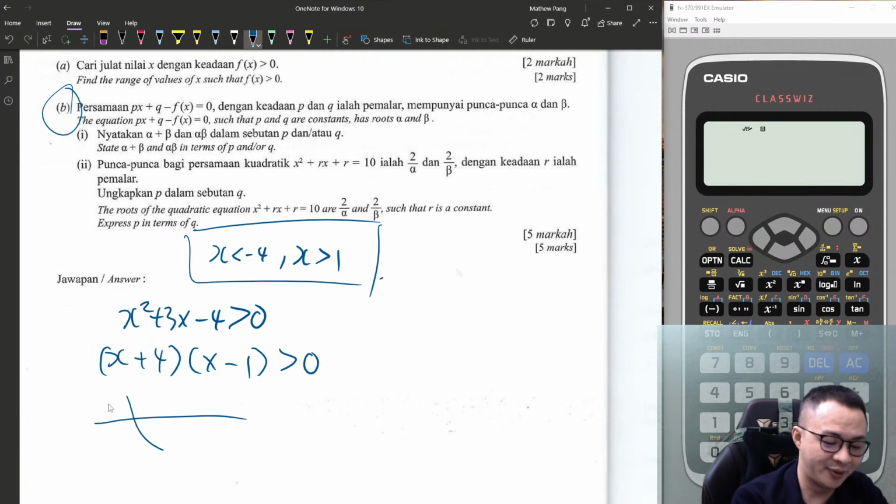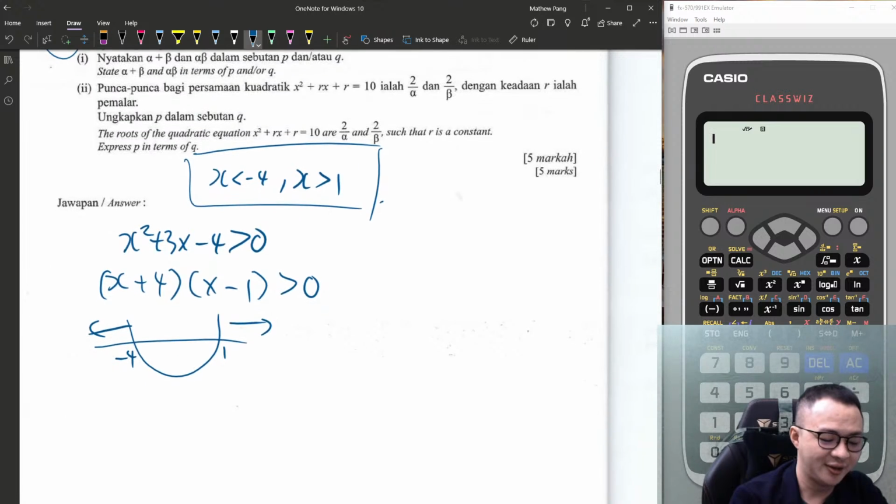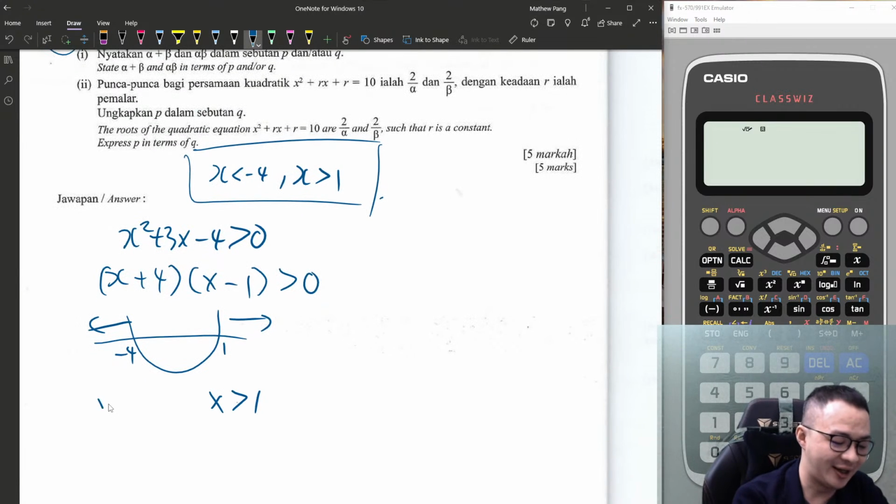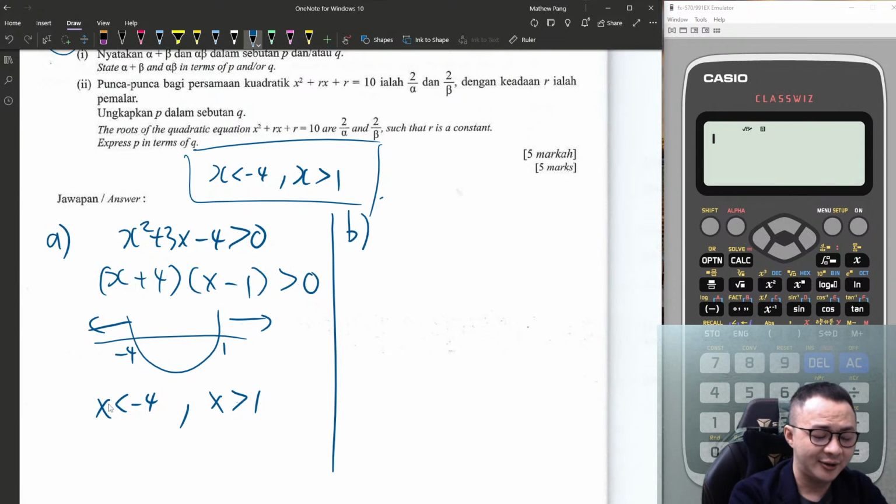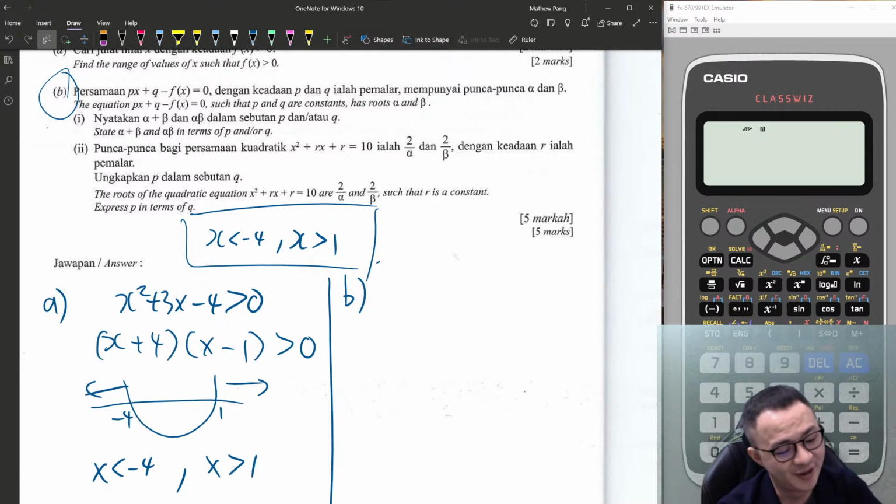Alright, then I will draw out a graph, and give me a 4 and negative 1, bigger than 0, go these two directions. Alright, then x is bigger than 1, x is less than negative 4. Done. 2 marks for part A. Okay, then we go to part B, which is the